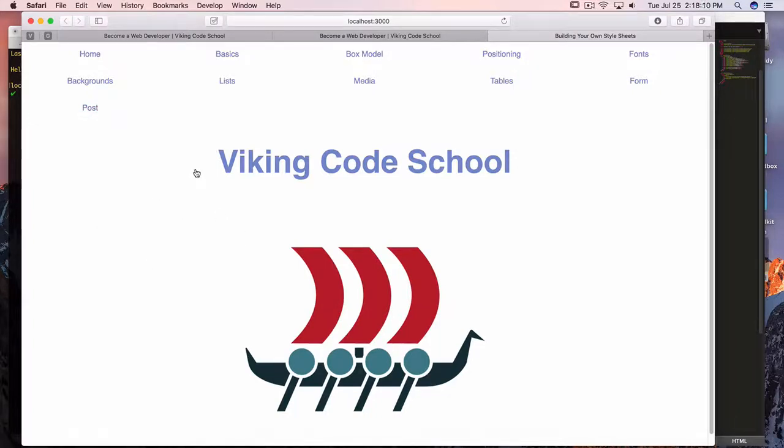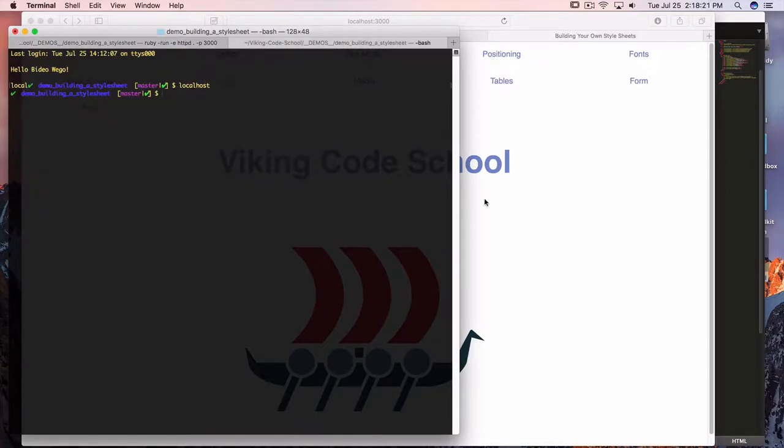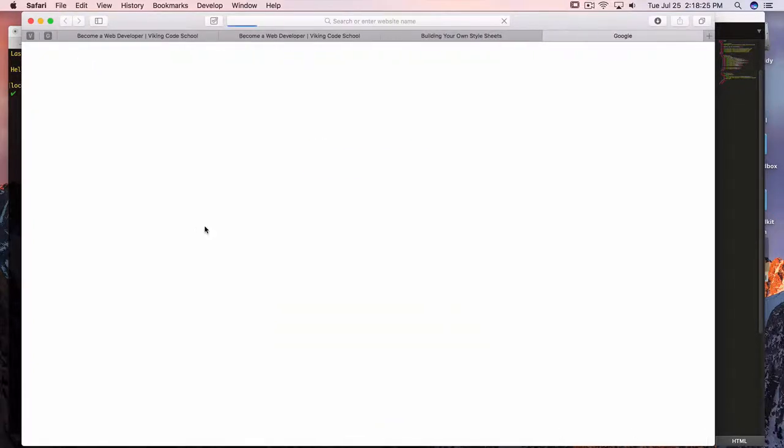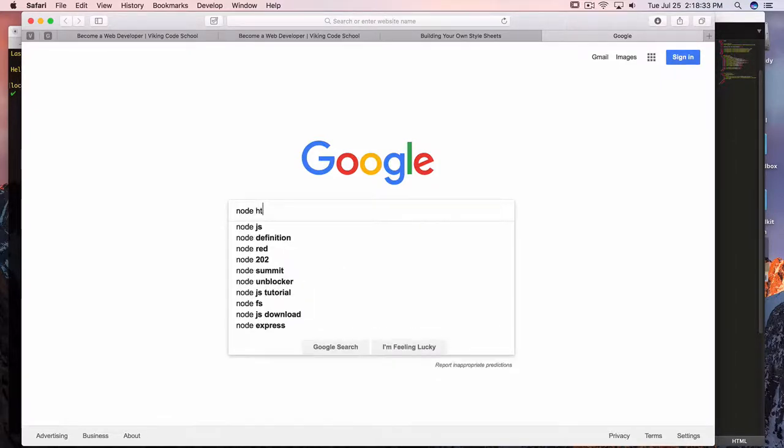Just as a quick note, you should have Ruby installed if you're on a Mac by default, a version sufficient enough to run this default Ruby server. But if you don't, you could always download a Node version or a Node server that you can run. So Node http-server